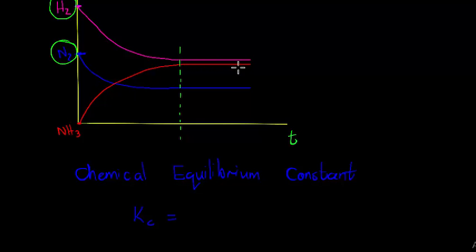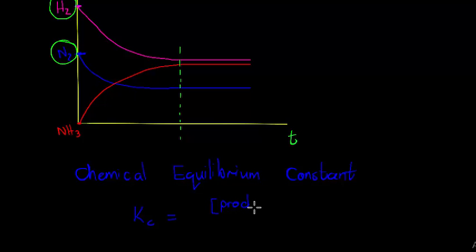You can see the ratio, in other words, the percentage of each of these products and reactants, is now constant. So the chemical equilibrium constant initially isn't a constant, but it reaches a constant,